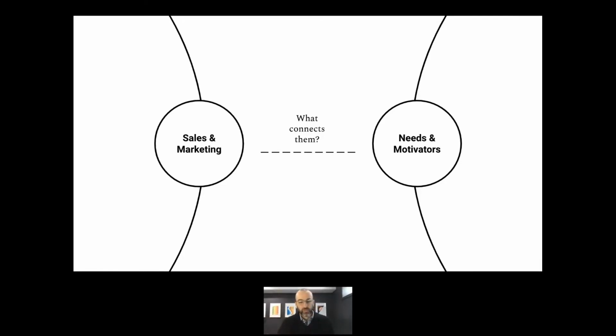And so if you look at the market and you start to look at your target audiences, and then you drill down to the needs and motivators, what is that thing that connects your sales and marketing discipline to the needs and motivators of your target market? Well, it emerges as the topic that we're talking about today, which is messaging. Messaging is that connection piece. It is that connective tissue between sales, marketing, and the needs and motivators. It's really hard to have a compelling message if you don't understand the needs and motivators of your audience. So it's really worthwhile to tap into that and understand them.